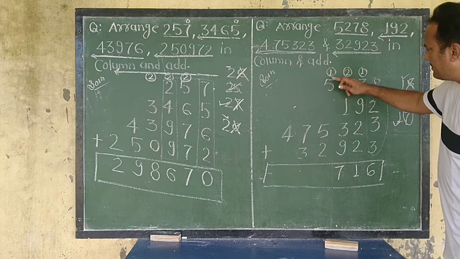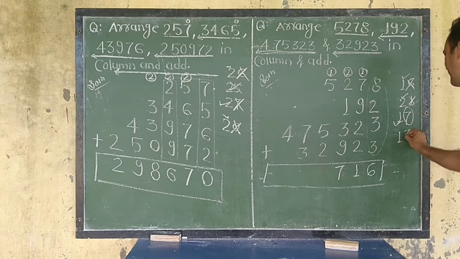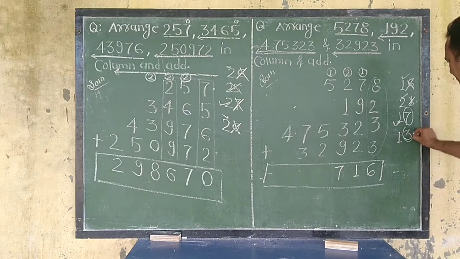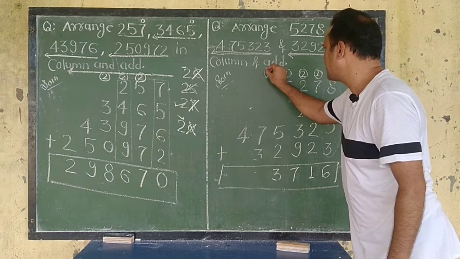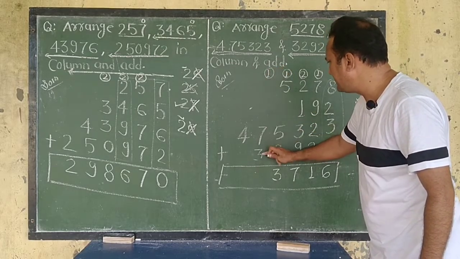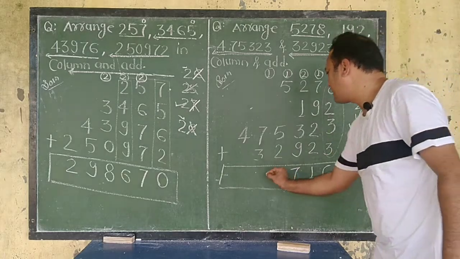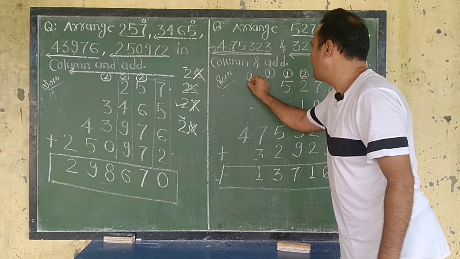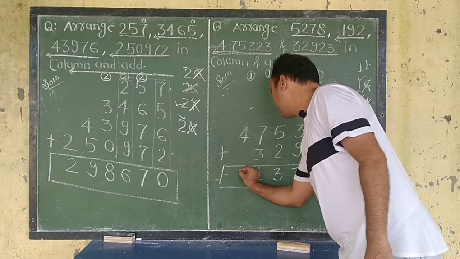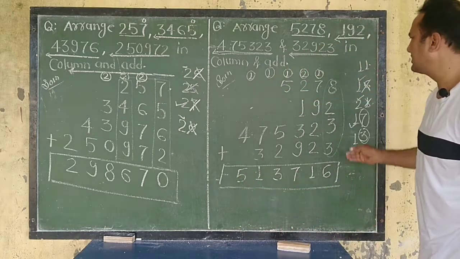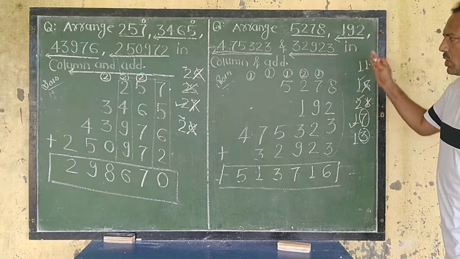Now add 1 plus 5, 6. 6 plus 5, 11. 11 plus 2, 13. Then write the ones digit 3 here and carry 1 here and encircle the carry. Now add 1, 7 and 3. 1 plus 7, 8, plus 3, 11. 11 is also a double digit. Then write 1 here and carry 1 here. Encircle the carry 1 and add 4. What will you get here? 5. Then this is the right way and right manner to arrange the given numbers in columns and add them.